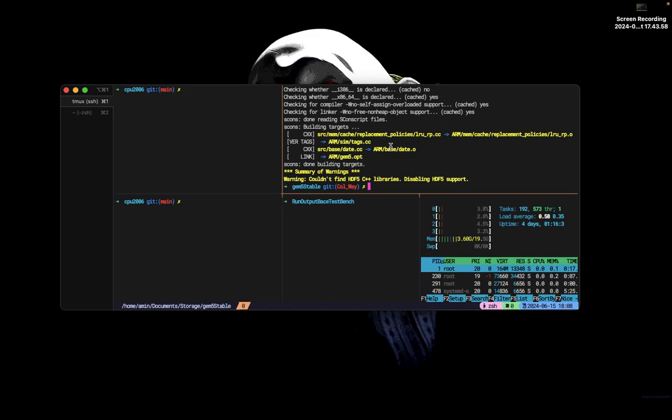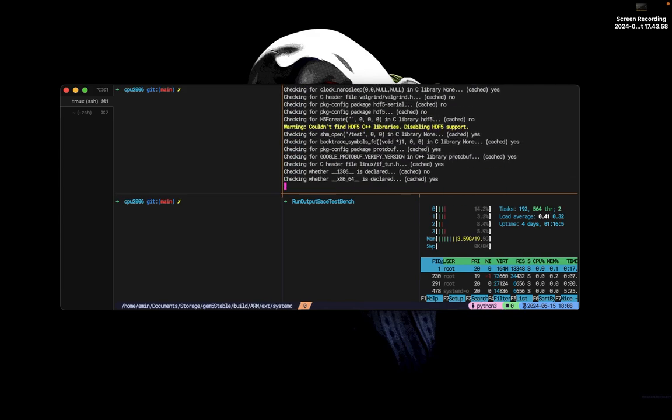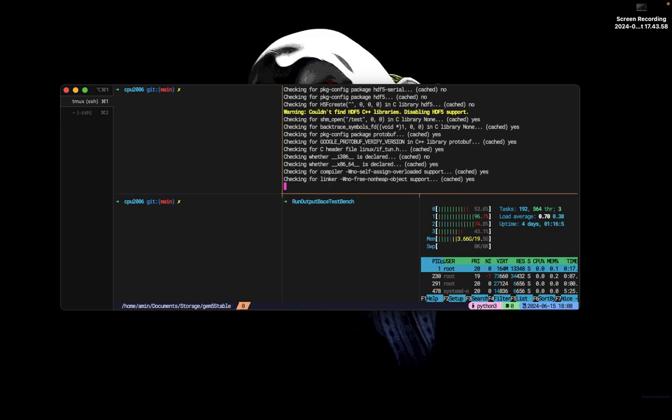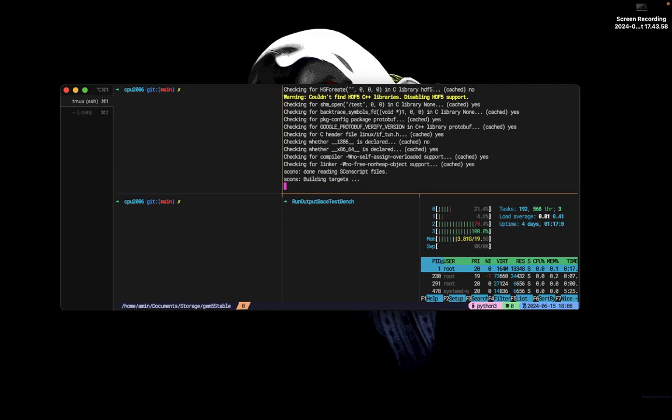If you work with Gem5, you know you set the scons, the architecture and target you want to build, and the number of CPUs you want to use to compile Gem5. If you enter that command, you will see some messages and the progress of the compile.